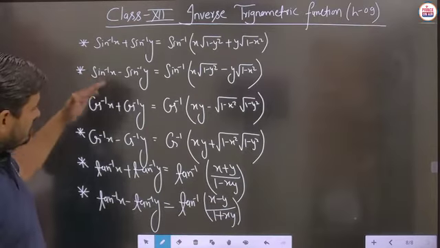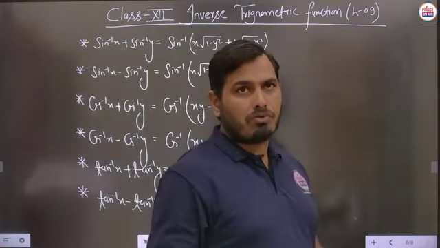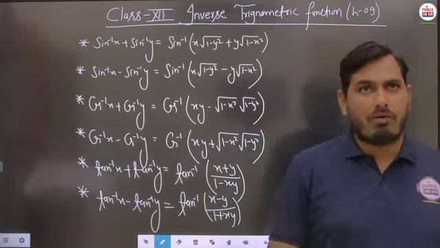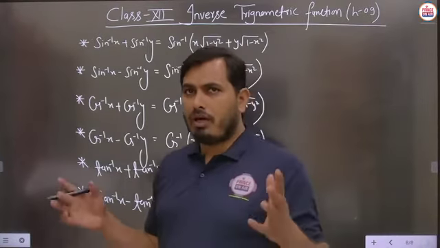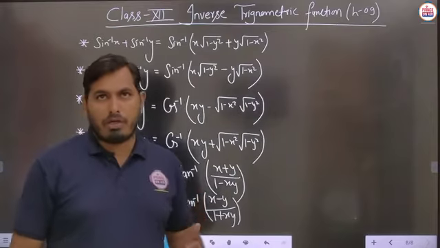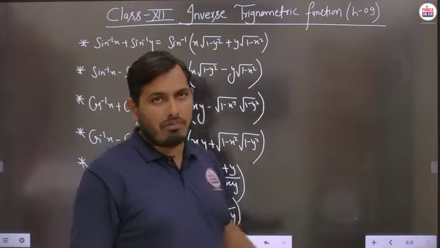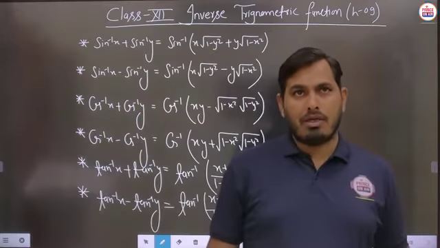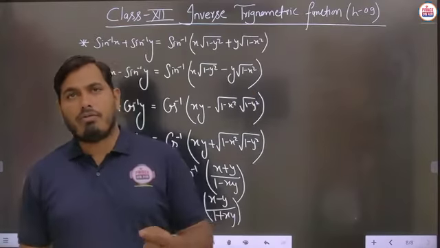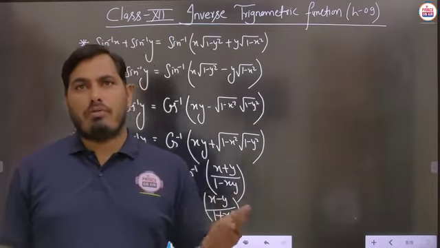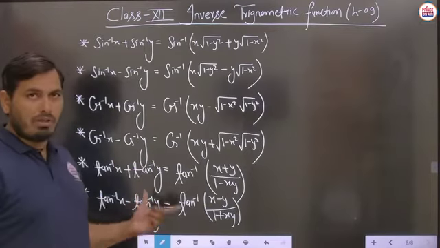So these are the addition and subtraction of inverse trigonometric functions. Now some students ask, sir, why are we not reading cot inverse x plus cot inverse y, sec inverse x plus sec inverse y? Because students, we have used the basic property of conversion, where any cot inverse is directly converted into tan inverse, because we already discussed the basic part: tan inverse of 1 upon x is written as cot inverse x, so the interchange process is already used in the previous property.